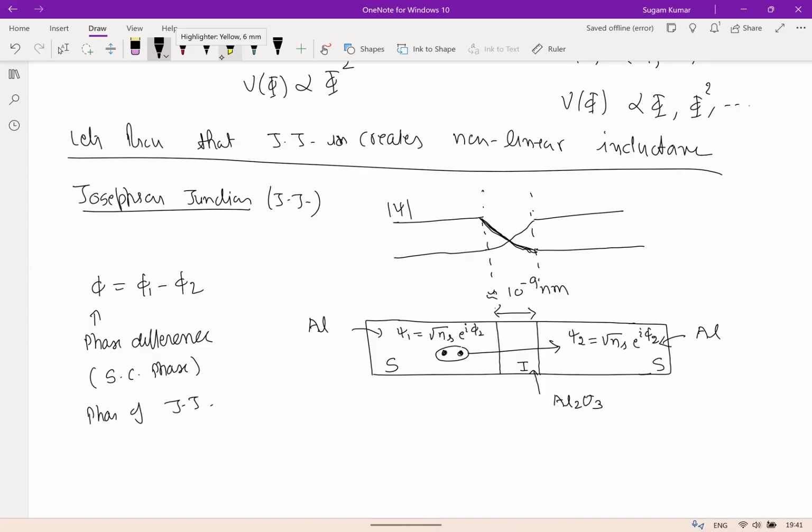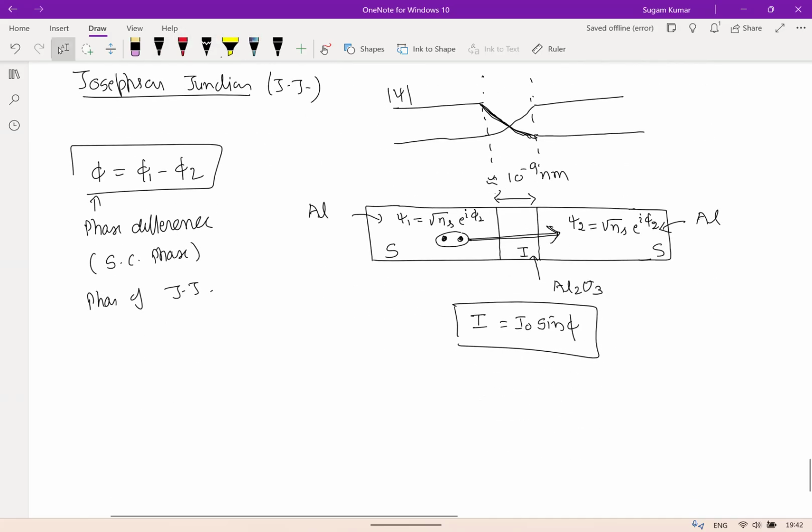And if you think about why these Cooper pairs are tunneling, okay, so super pairs tunnel, and he also found that this current, which is produced because of the tunneling of the charge carrier, will be equal to I naught into sine phi. So phi is given here already. You can see this I naught